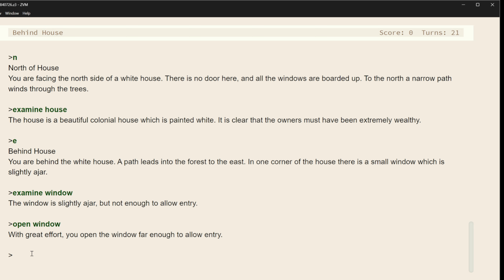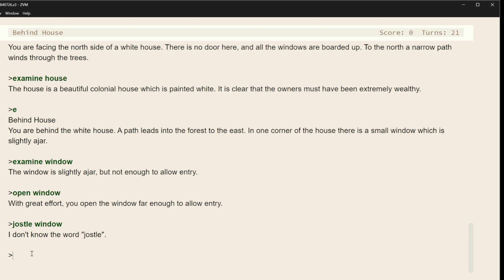We enter these rooms and it's kind of a flat space where we can perform these very specific types of actions against them, right? We can open the window. I can't really lean on the window, right? I can't jostle the window, right? Jostling doesn't work. So a big part of this is figuring out what actions we can perform and learning what we can expect when we perform them, right?